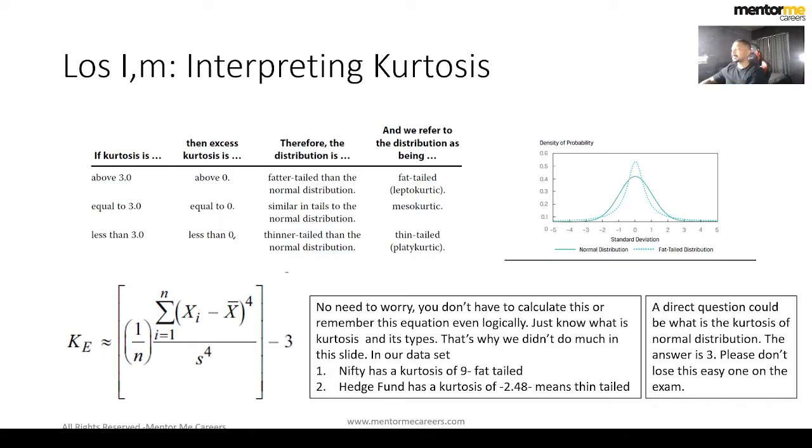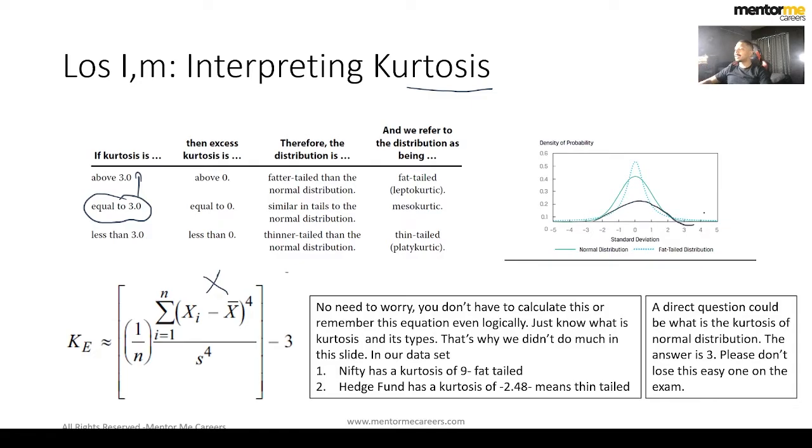Similar to skewness, where you look at left and right, if you are looking at the height of the distribution, then you're referring to kurtosis. Again, this formula is not required to be remembered, but all you need to remember is that for a perfect normal distribution, the kurtosis is equal to 3. If the kurtosis is more than 3, that means it's taller, and if it is less than 3, that means it's smaller compared to the normal distribution.